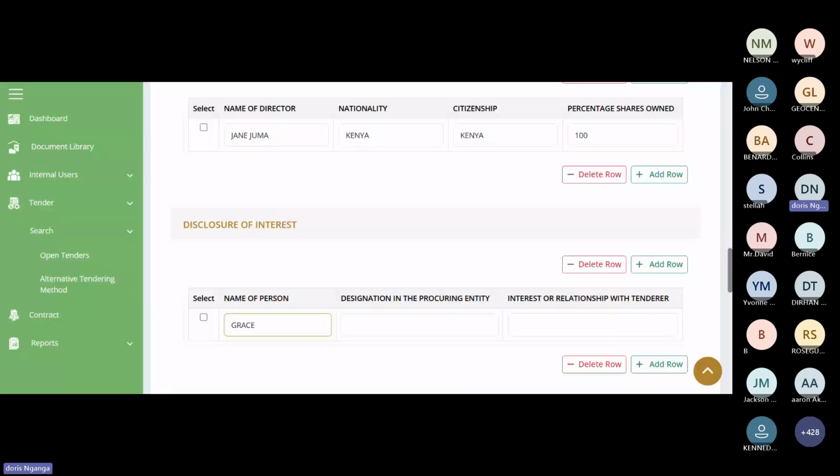What is her designation in that procuring entity? Let's say she's a manager in the sales department. I type in her designation. And then the interest or the relationship with the tenderer. We said she's my sister. And we have declared our interest.